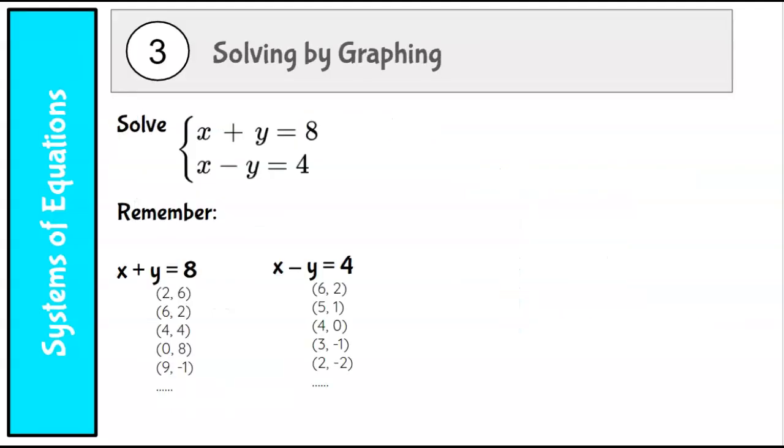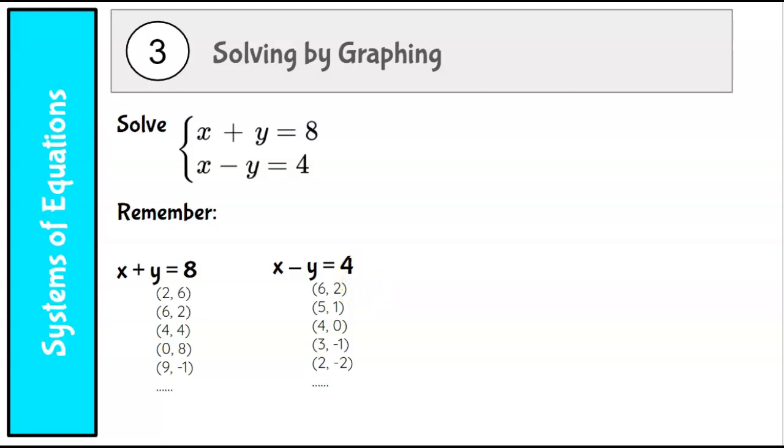Okay, so we're going to talk about solving by graphing and why it works. So remember this problem, x plus y equals 8 and x minus y equals 4. We came up with (6, 2) as the solution. But before we go back to that solution, this is kind of what I was doing, right? I was picking out pairs, all the solutions that give me 8, and then these are all different pairs that give me